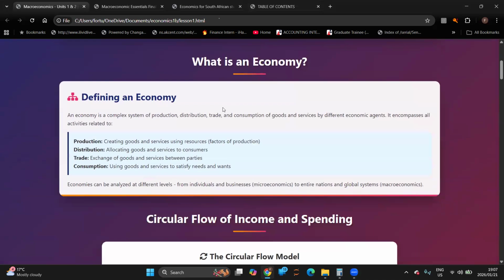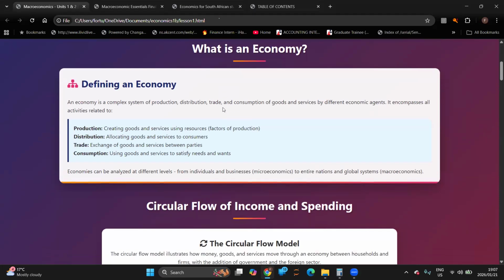So the subject is the subject of economics. What are we talking about when we are talking about an economy? An understanding of an economy gives us a broader understanding of the scope of the subject in itself and the various approaches that you can then use in terms of understanding